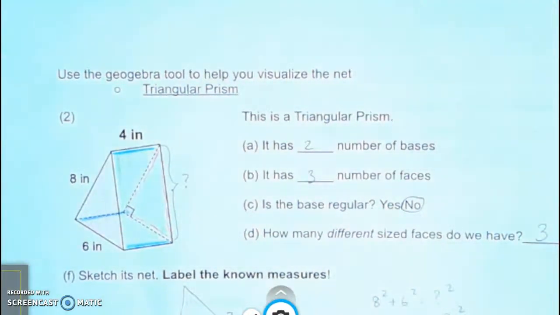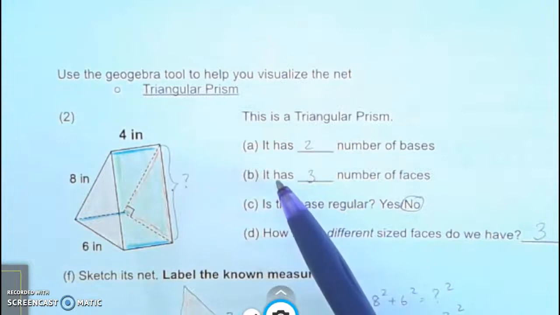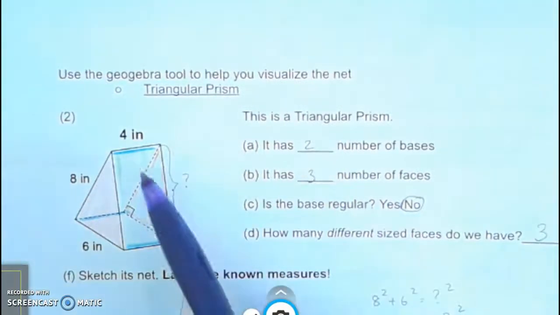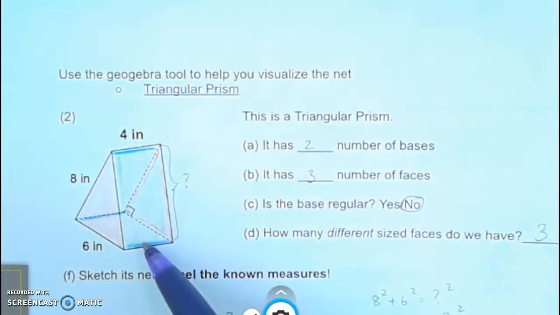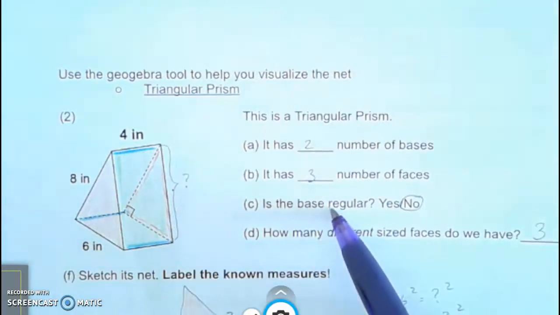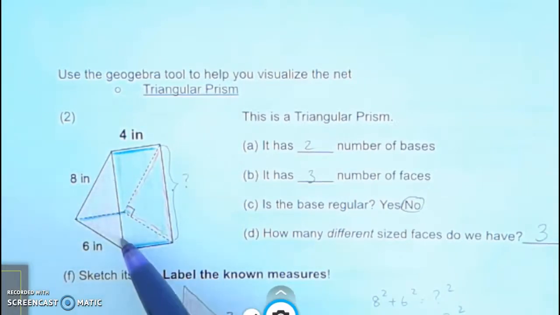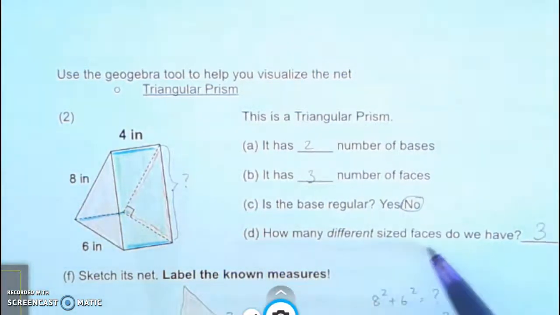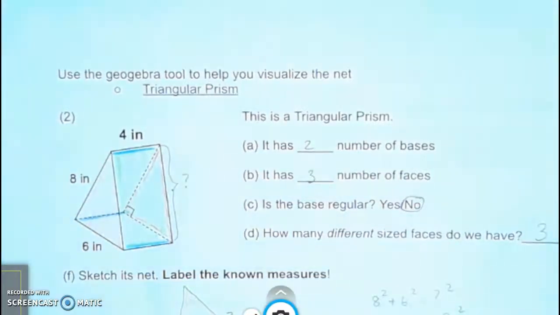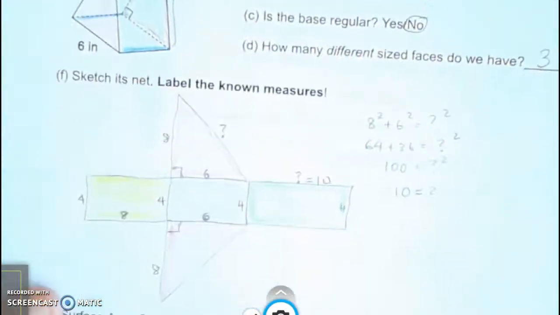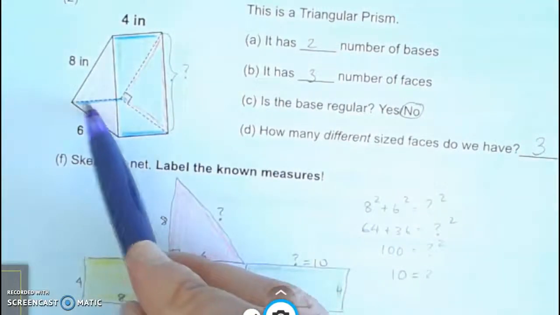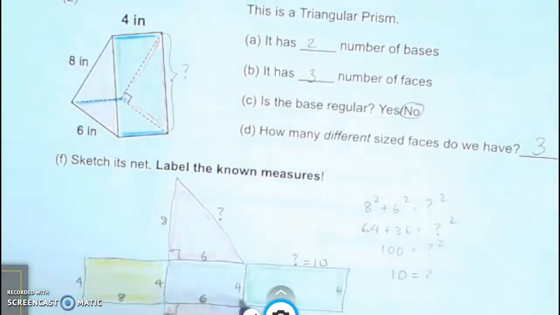So then it has 2 bases, and it has 3 faces, and they are all different in dimensions. And is the base regular? The base is a triangle, and the side lengths are 8 and 6 here. We don't know what the third side is, but even just between 6 and 8, they are not the same number, so it is not regular. How many different size faces do we have? We have 3. So if I was to open that up,